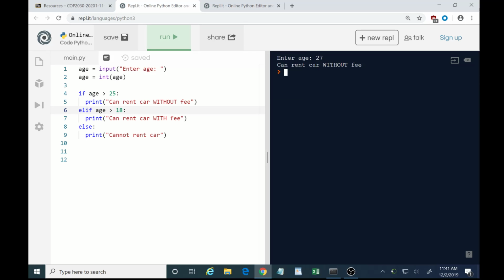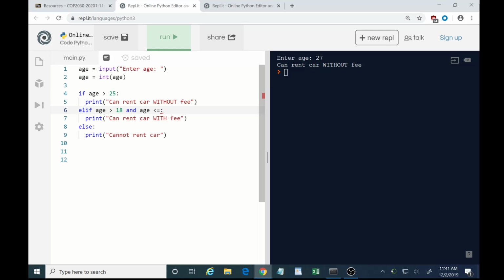So this is a little bit fragile because we're dependent on the order. Now remember we talked about ands. I can check for two conditions at the same time. So to make this a little bit more resilient to where the ordering actually doesn't matter, what we can do is we can say that, okay, if the age is, let's do this right here, the elif. If the age is greater than 18 and age is less than or equal,